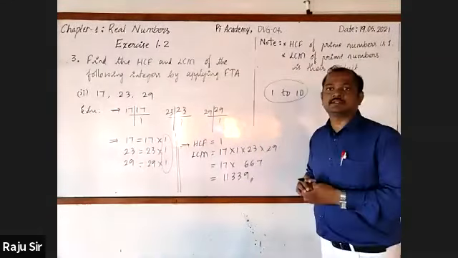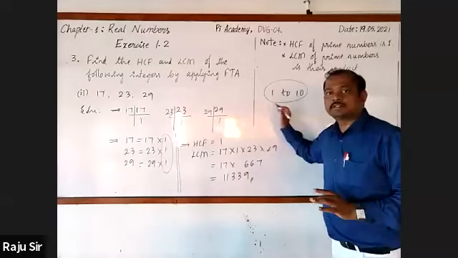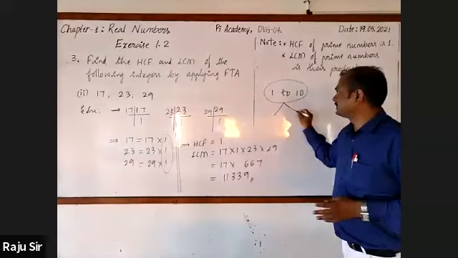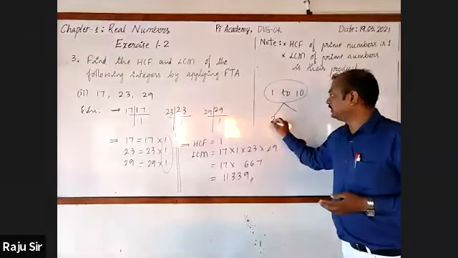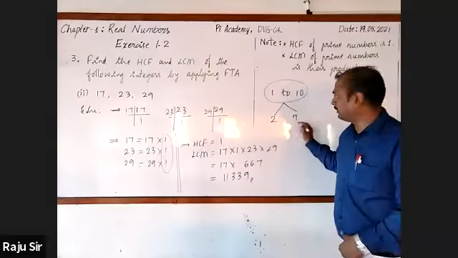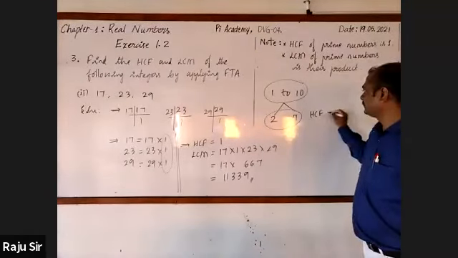See, this question was asked. 1, sir. You are right, one, correct, because the HCF of prime numbers is 1. Listen to me carefully. From 1 to 10, we have the prime numbers. The least prime number is 2. What is the highest prime number? 7. 2 and 7 are the prime numbers. Their HCF is 1.